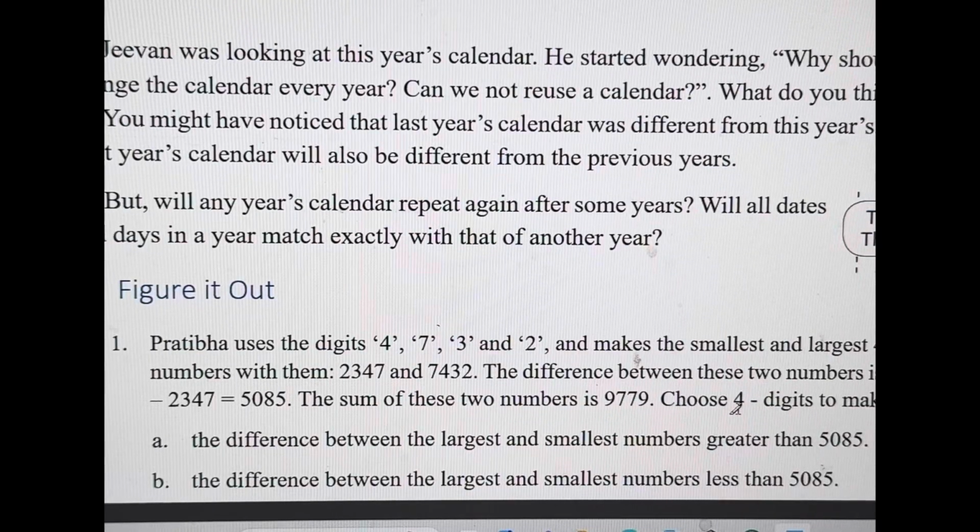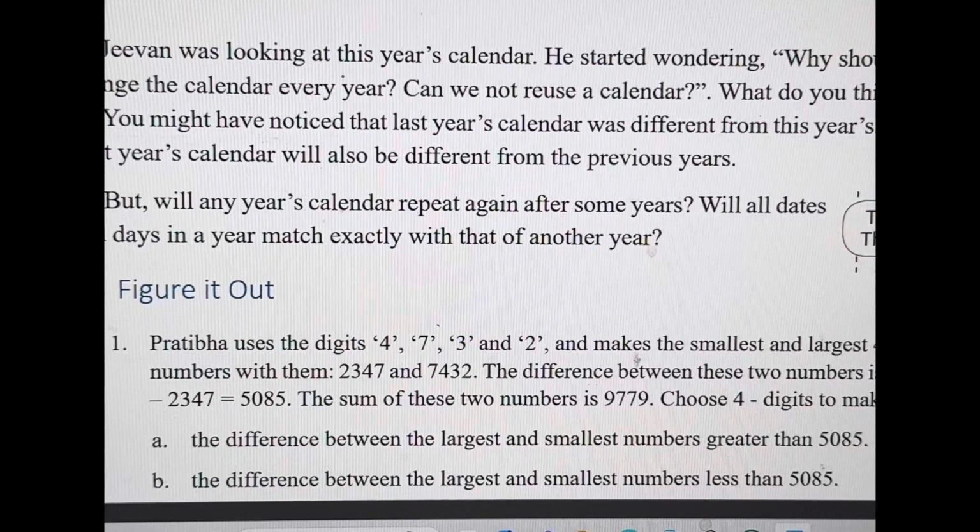But after a few years, you may have the same calendar. But after how many years, we need to find out. So there is a pattern for the common years. If we take this year as a common year, like 2025,